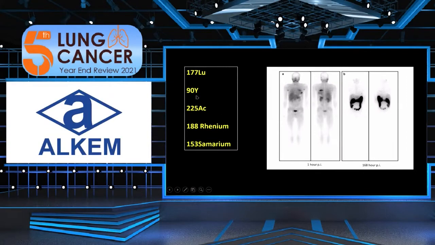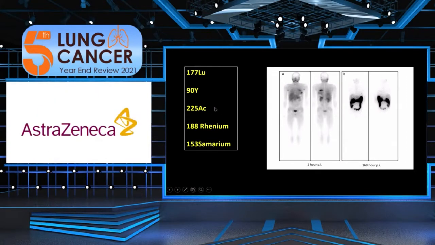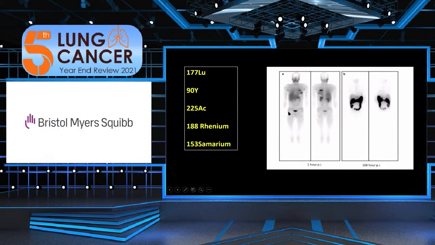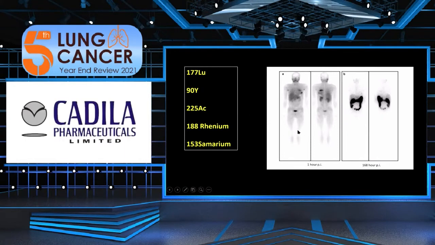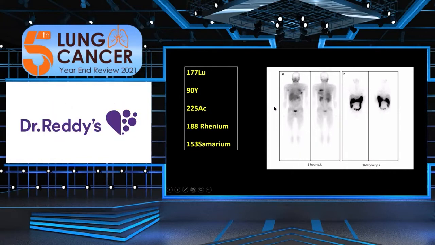They give a lot of radiation, but since it is only for a very small distance, they spare the marrow. This way, when you have a patient who has a lot of bone cortical disease, you can use actinium-225, as the marrow will be completely spared. I don't think there is any other treatment which can spare the marrow as much as actinium-225 can.